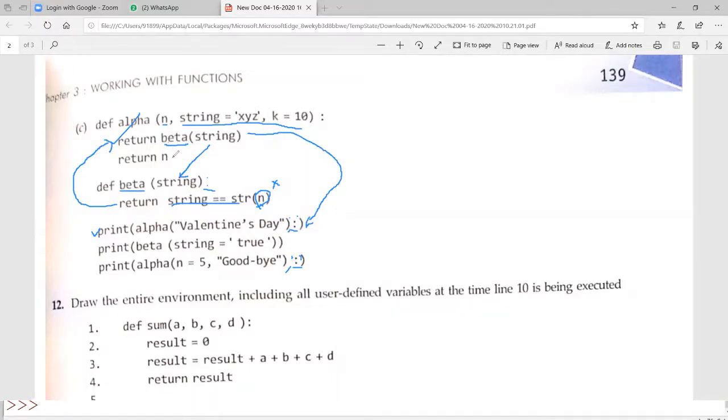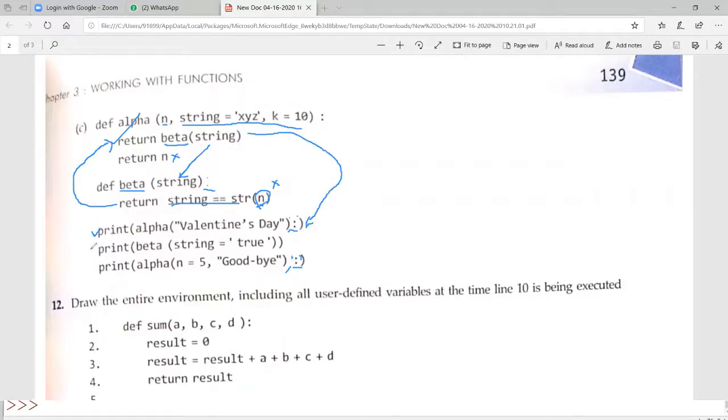But this return statement is having no use here, because once you have returned from this location, it won't go back to this again. So this will be an error. It is not an error, but it will never touch this location. So this is an optional statement. It is not having any impact on the program. It will give you a warning like return statement doesn't have any impact on the program.